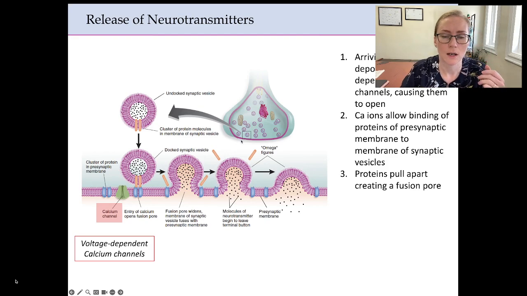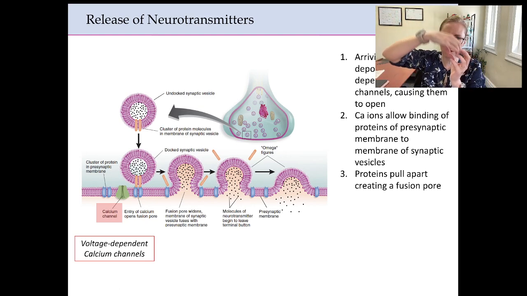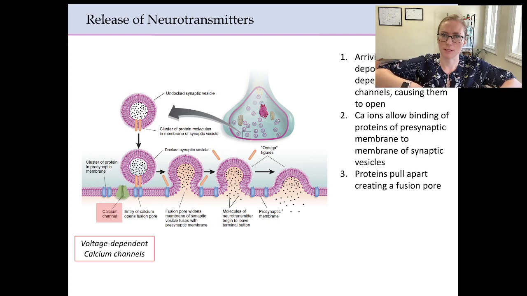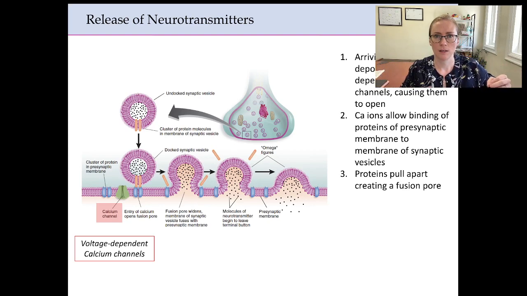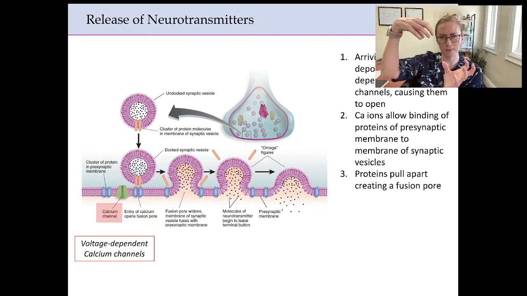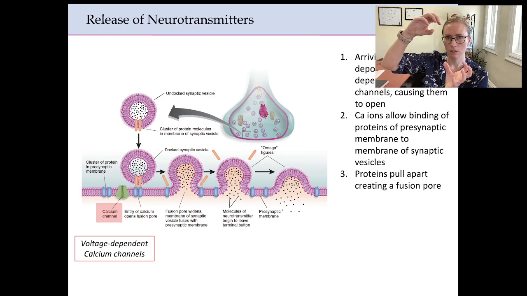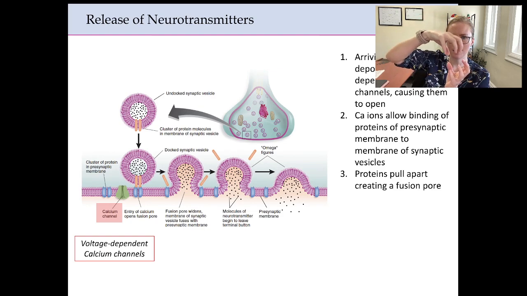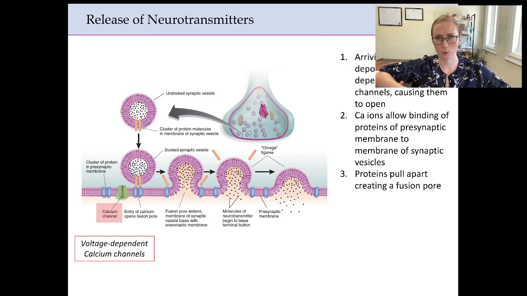If this is where the calcium ion channel is, calcium goes inside of the terminal button. When calcium enters, it allows this vesicle, this bubble that contains the neurotransmitters, to dock onto the terminal membrane and split open and dump all of the neurotransmitters into the synapse. That's because calcium came in and allowed the proteins to bind from a vesicle to the membrane, right? The membrane has these little docking clamps, and the vesicle itself has some proteins on there. So when calcium comes in, it allows those two proteins to dock, like a spaceship to a space station. They dock, and then they brutally tear it open, and the neurotransmitters fly out into space, meaning the synaptic